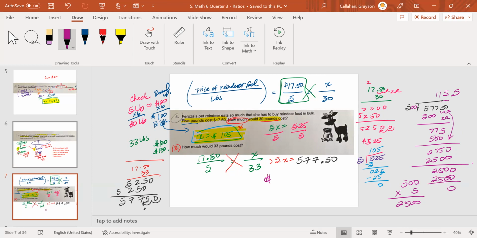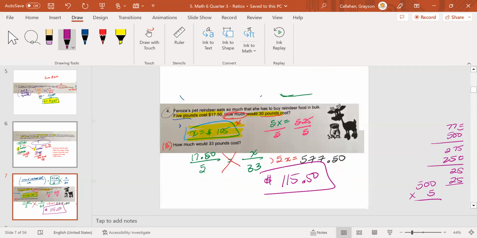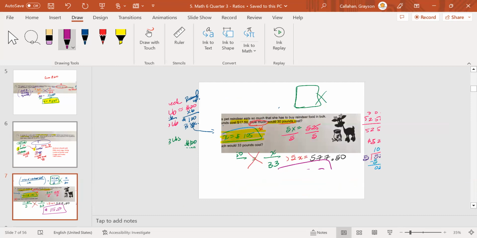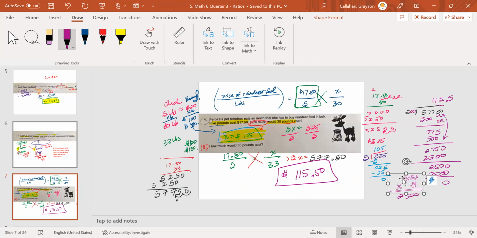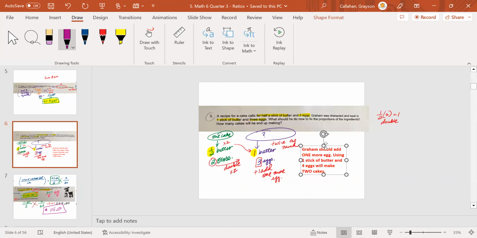So then your answer here is $115.50. That's how much it will cost for 33 pounds of reindeer food. Do you see that? So then if I were to just summarize this,